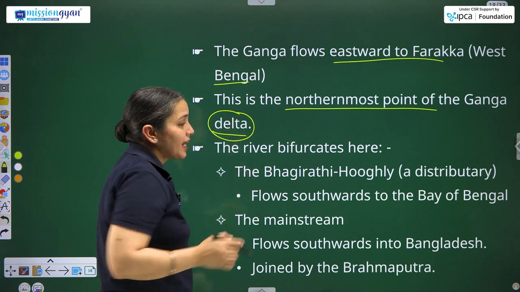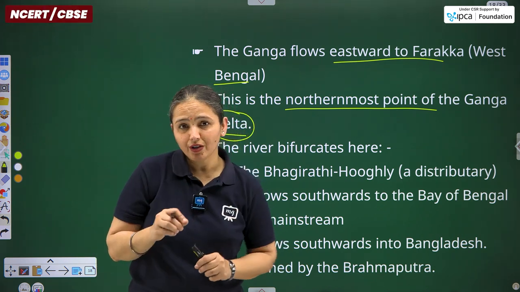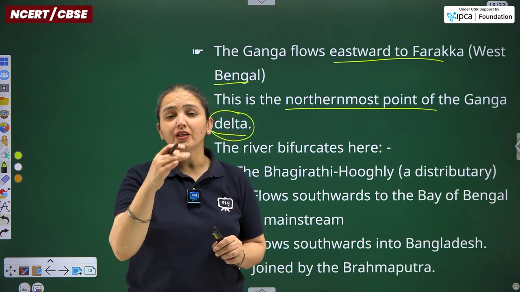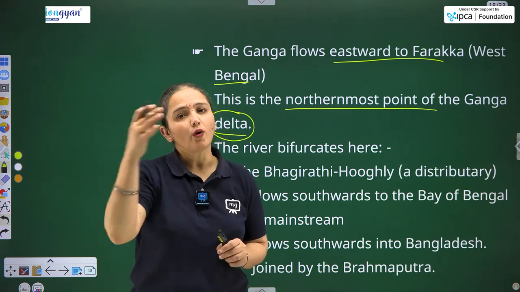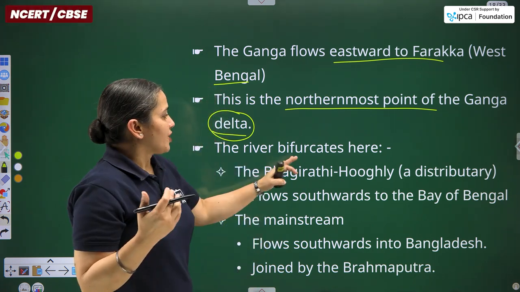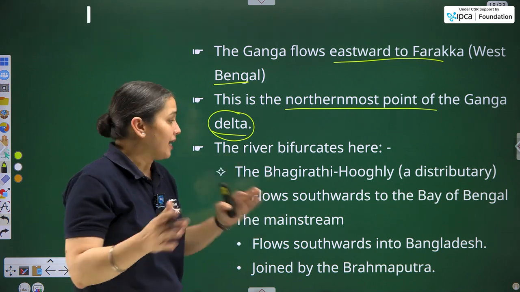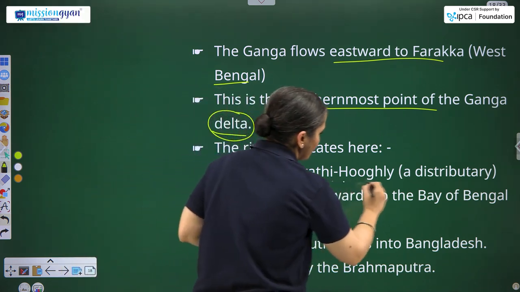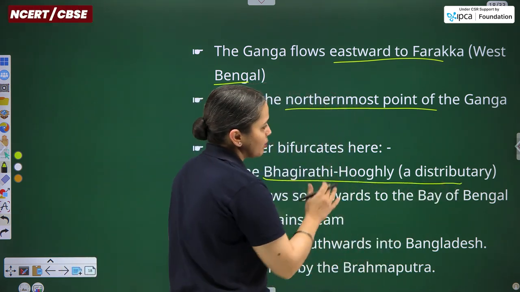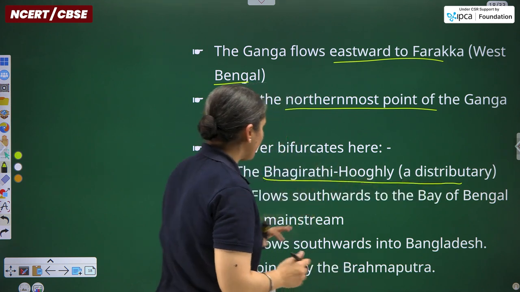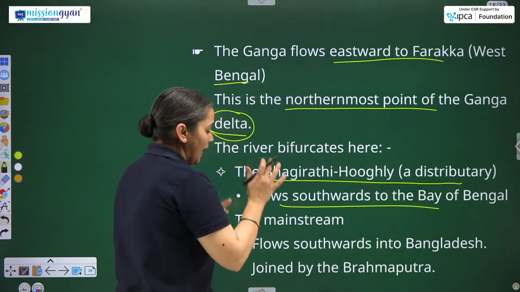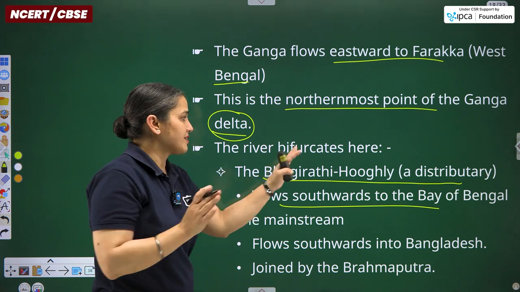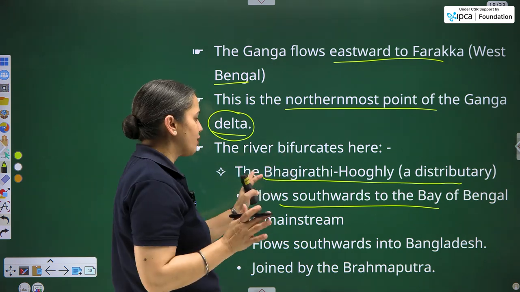Deltas are the fertile regions formed by each and every river at the mouth of the river, where they meet open water bodies, like seas or oceans. The river bifurcates, divides over here. The Bhagirathi is to be considered as the Hooghly, and it is a tributary itself, and it flows southwards to the Bay of Bengal. And the mainstream, as it is bifurcating, dividing, so one flows goes